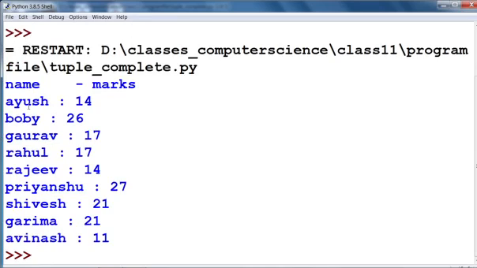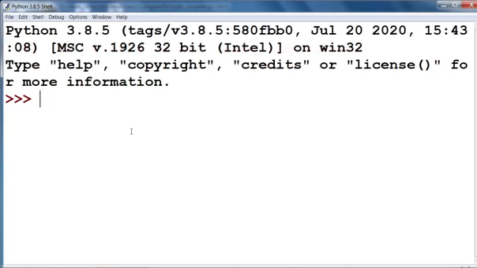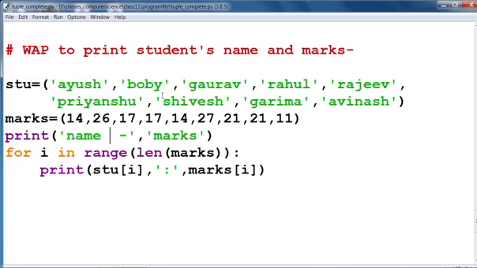You can see that here the name and this is the marks of the student will be displayed. You can see that. So this is the way to traverse the elements of a tuple by using a loop. So I hope you have understood the program.